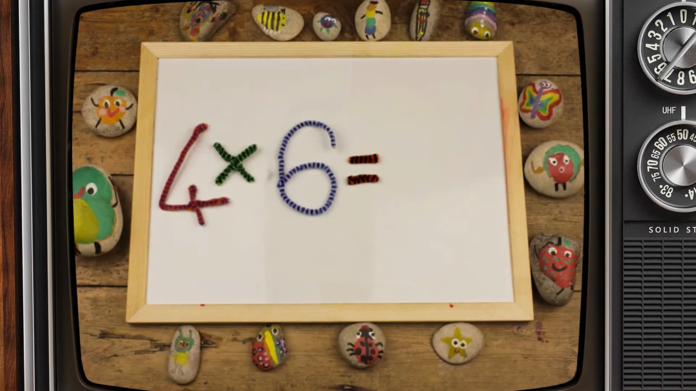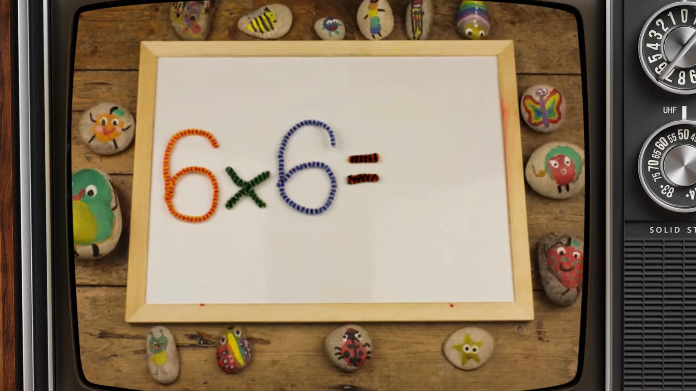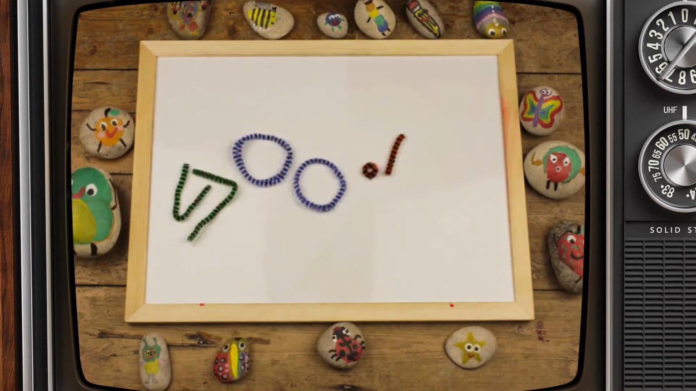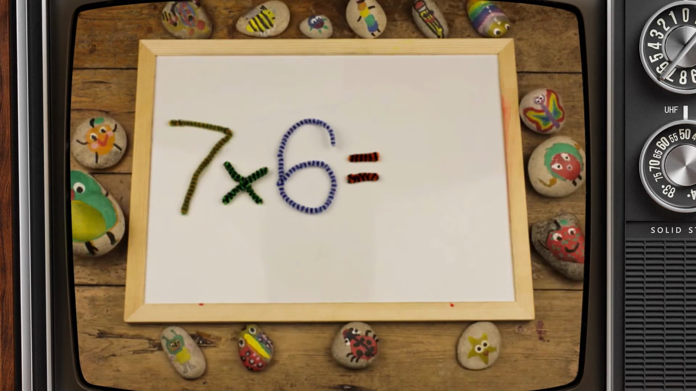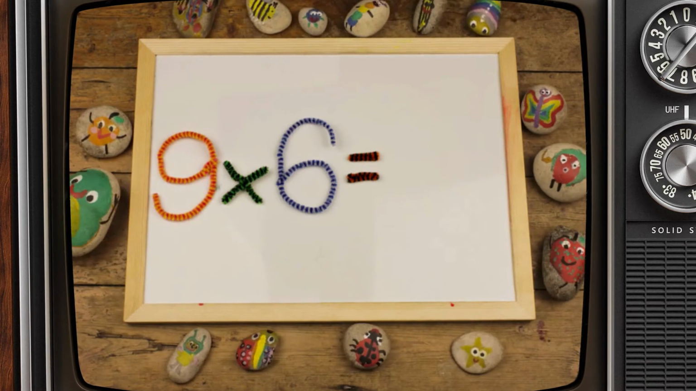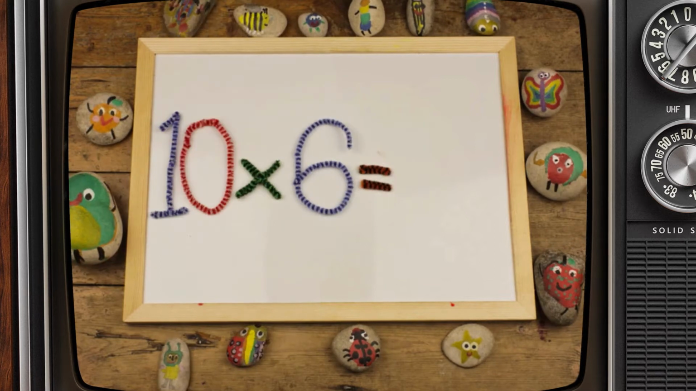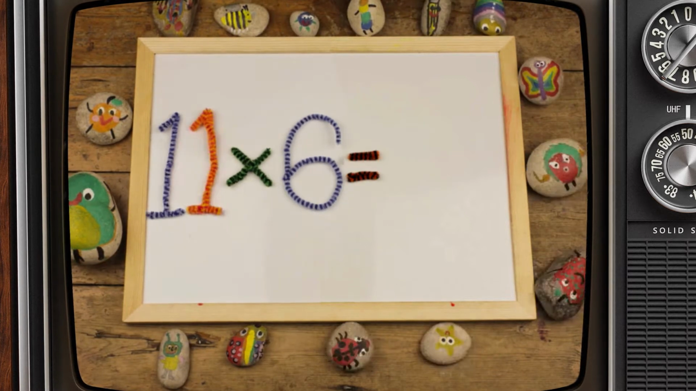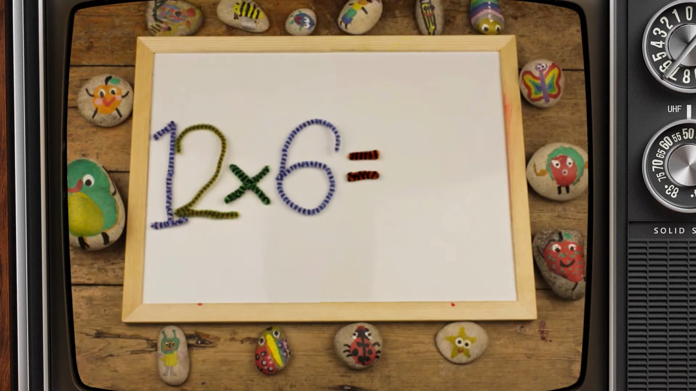4 times 6 is, 5 times 6 is, 6 times 6 is, Woo! You're doing really well. 7 times 6 is, 8 times 6 is, 9 times 6 is, Yeah! Nearly there. 10 times 6 is, 11 times 6 is, 12 times 6 is,